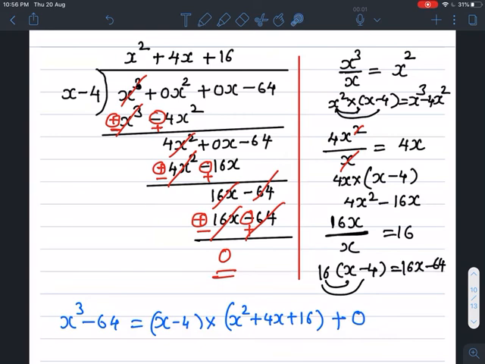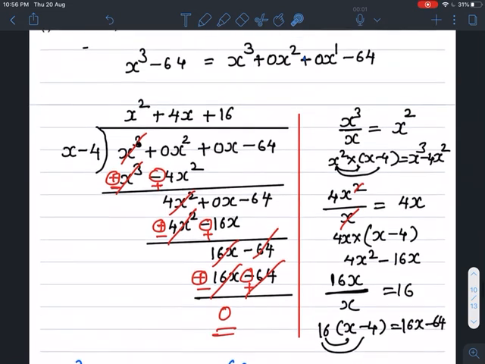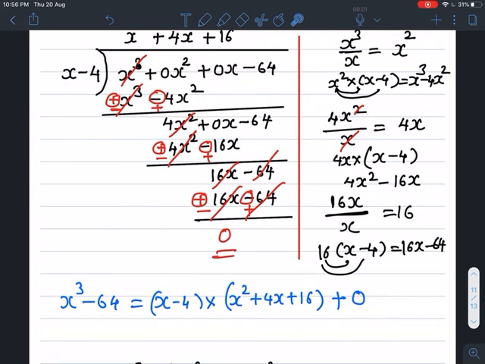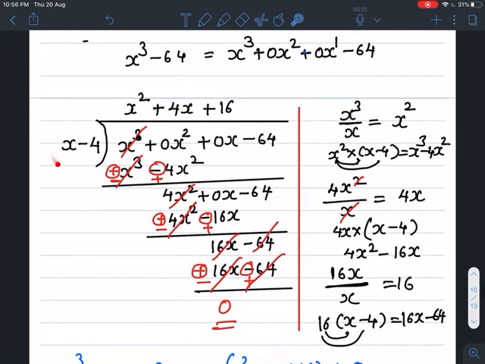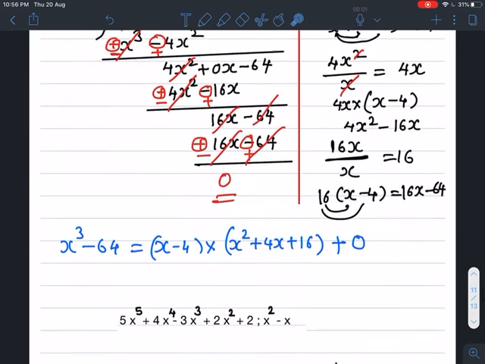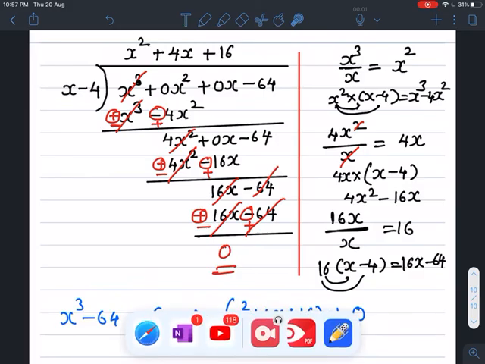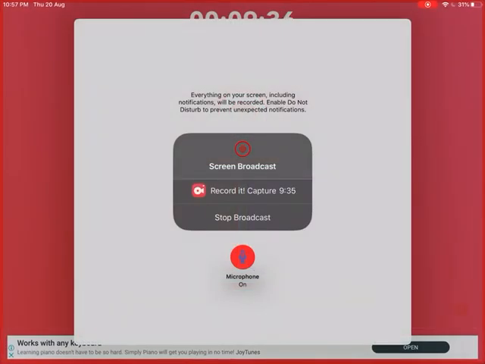Check it again. Here this is the dividend I have written, because we wrote x cube minus 64 in the standard form by decreasing order of indices. So same I have taken x cube minus 64. Dividend is equal to divisor, by this polynomial we have divided, I wrote as it is, into quotient, this is the quotient, plus remainder is 0. So this is the example. In next video we are going to see next example.